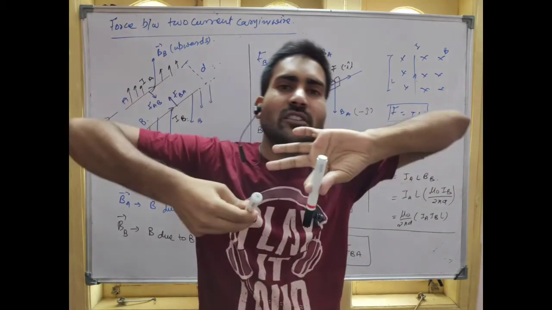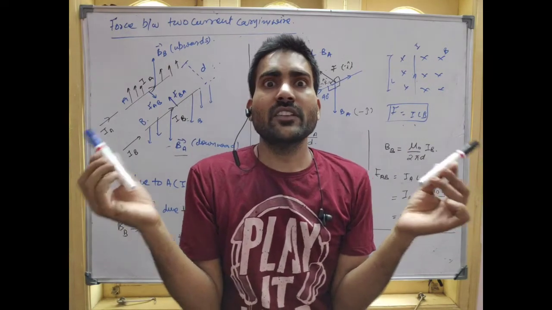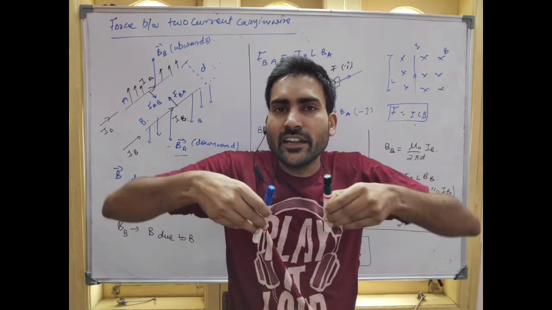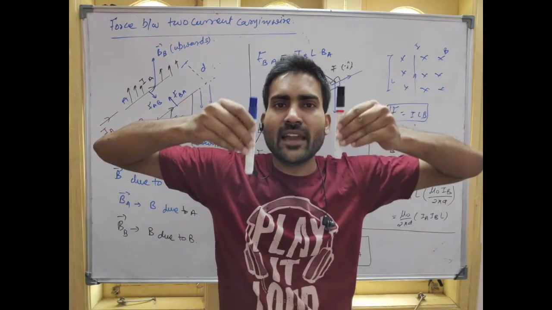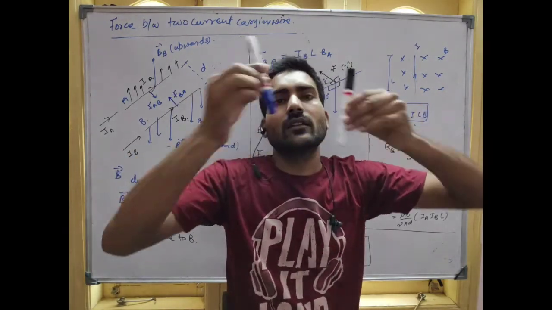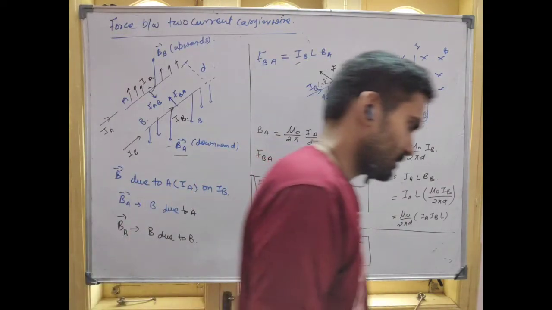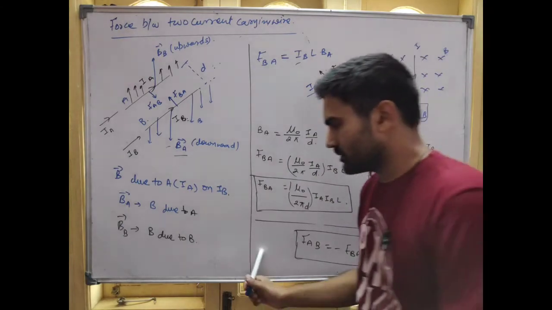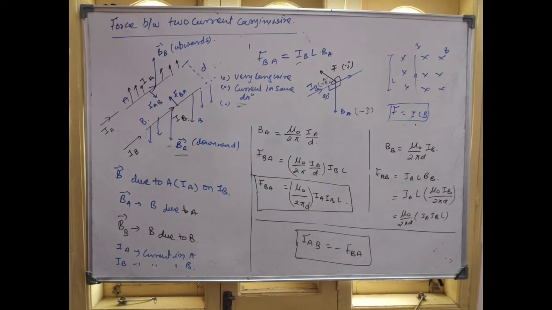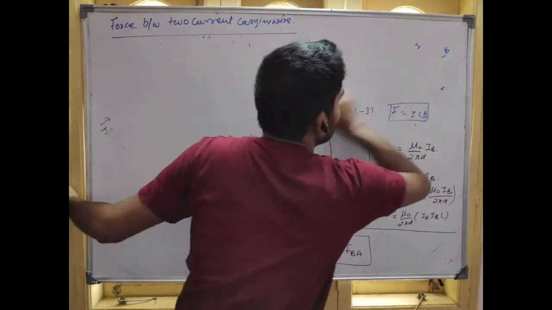So it is just opposite to the charges. If you see same charges, they repel each other. But if the charges are different, they will attract each other. But here, if both currents are parallel, they will attract each other. If the current is anti-parallel, they will repel each other. Is the point clear, guys? Okay. So now, guys, let's understand. If a similar wire is there, they will attract. If an opposite wire is there, they will repel each other.